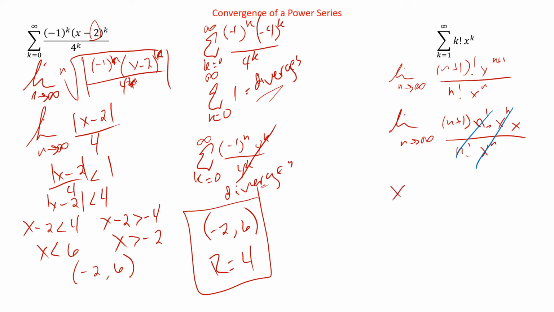The x can go out in front again. We have x times the limit as n goes to infinity of n plus 1, which diverges. So we have x times something that diverges, which is not less than 1. So this will diverge, except possibly, how could we make this less than 1? If the limit is greater than 1, if we multiply by 0, it will be less than 1. So if x equals 0, over on the last one, if this had happened, it would be x minus 2 equals 0. So it's when x equals a, when x is at the center, it can still converge. Because here, if x is 0, the whole thing goes to 0. So it will converge at